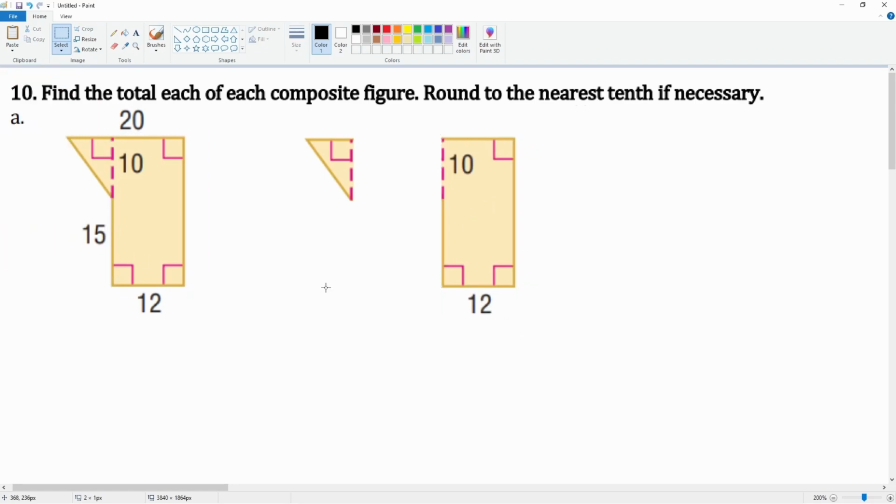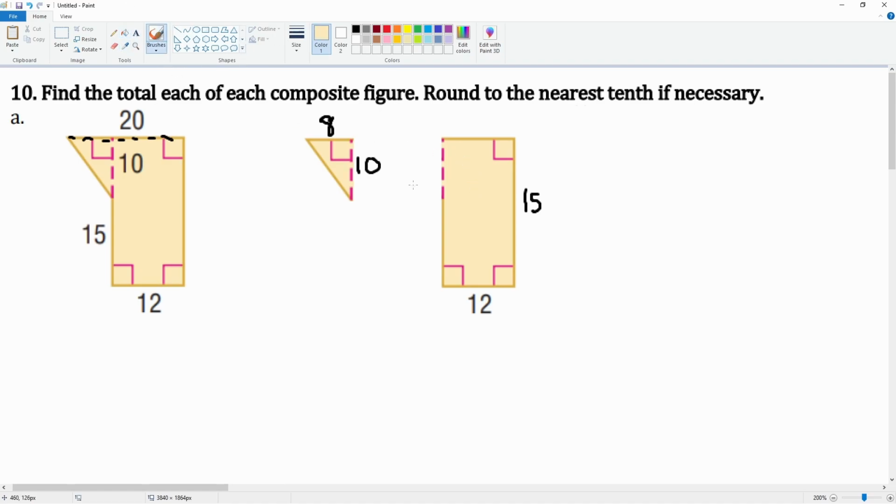Right, so we know that this was 10. If this is 12, the whole thing up here is 20. This whole thing is 20. So 20 minus 12, this is 8, right? And then I know the whole thing here, which is 15, and that's a 12, okay? I don't care about that 10 here. All right, so